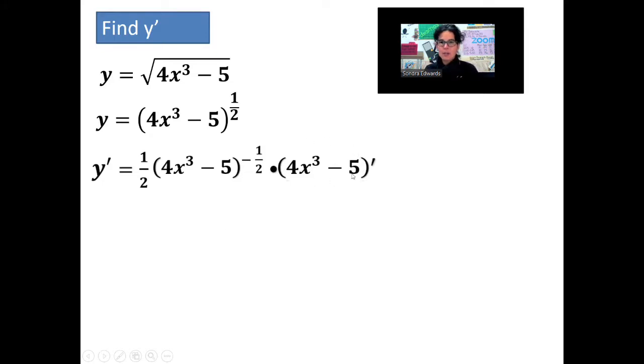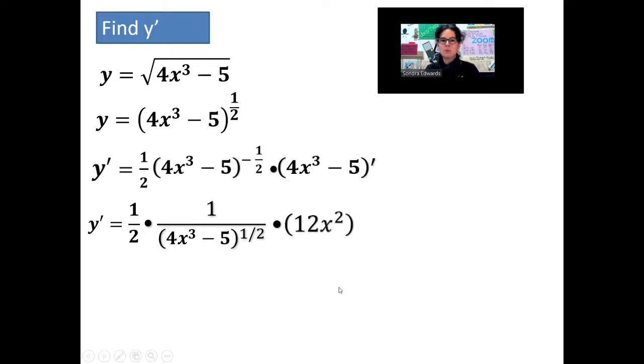So we have a little bit of calculus there on the end. The derivative of 4x to the third is 12x to the second, and the derivative of minus 5 is 0. So that front part basically staying the same. All I did was, because the exponent here was to the power of -1/2, it kind of got down a little low, sorry about that. So I moved it to the denominator just to simplify, and then the derivative of 4x cubed minus 5 is